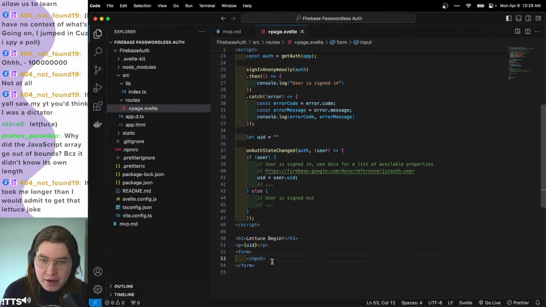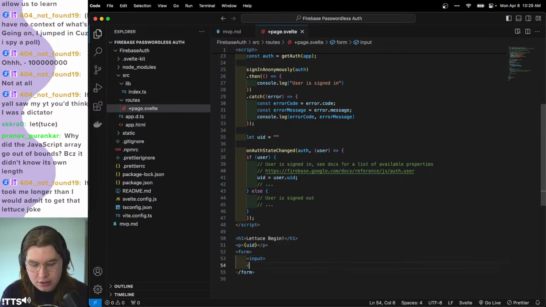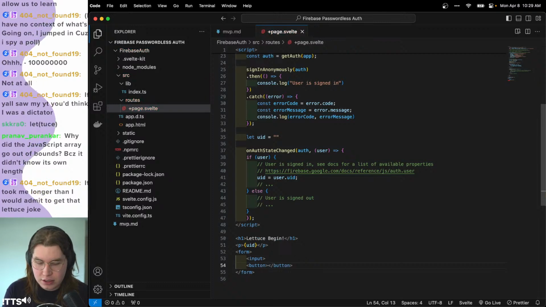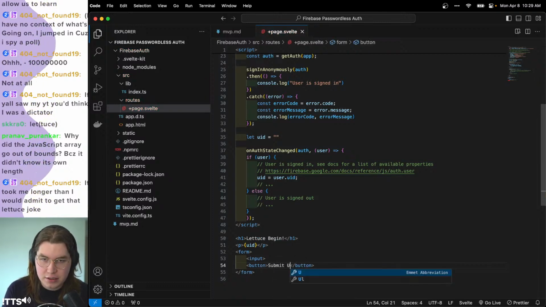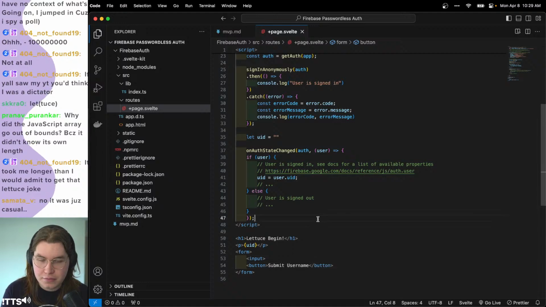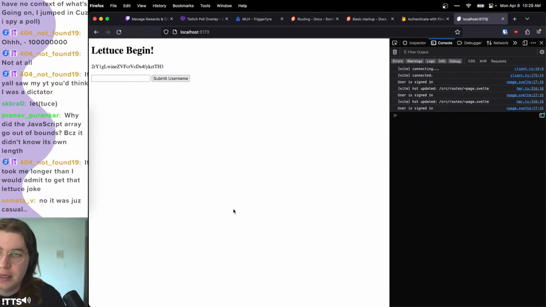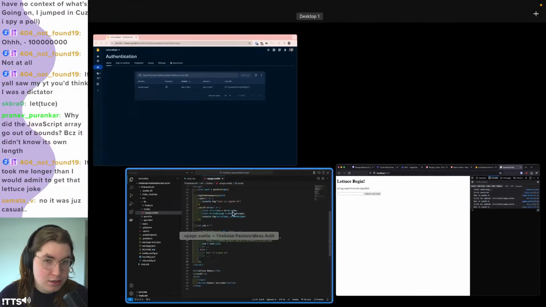Okay, so we have our input. And then we have a button that is submit username. Great. Okay, so now we want to have a function